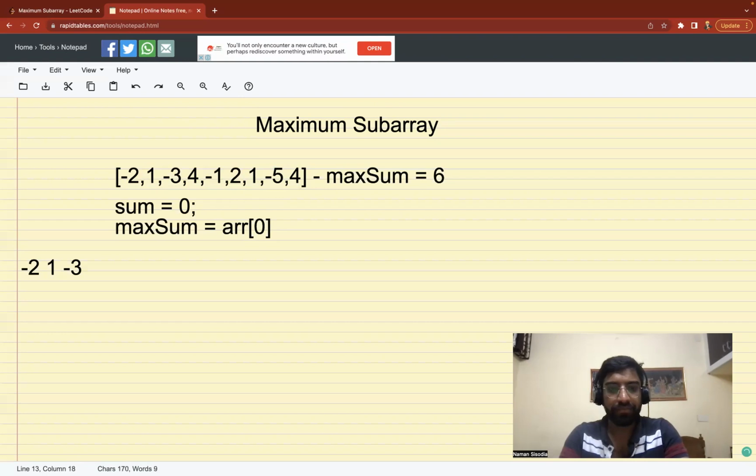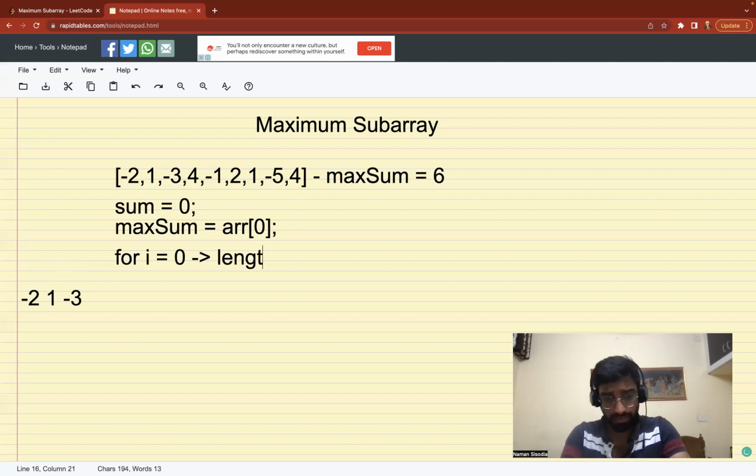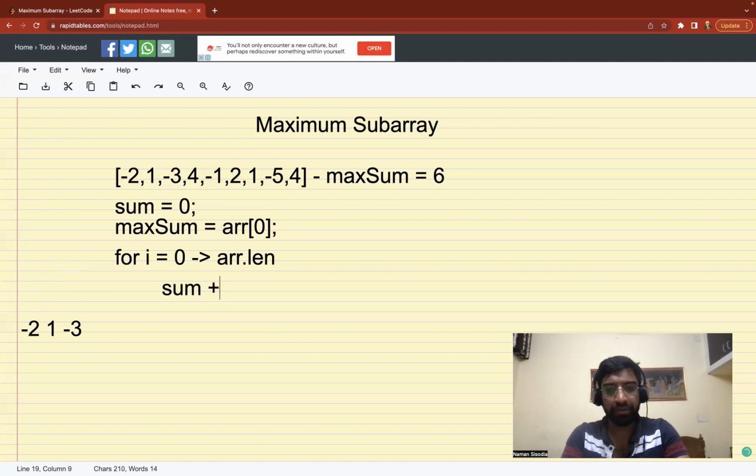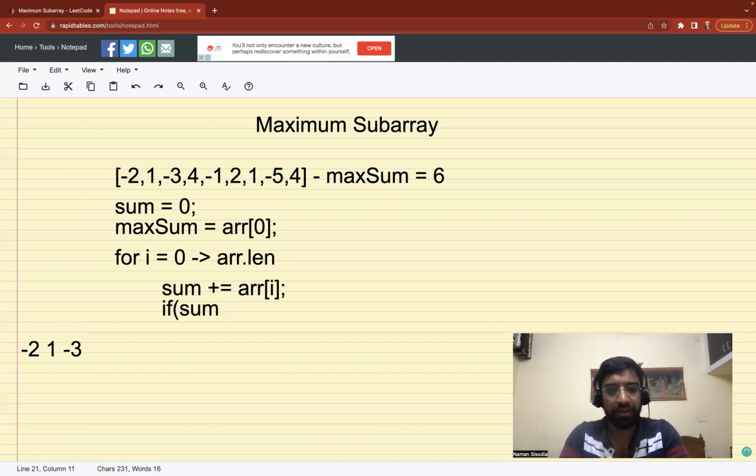So if we just loop from i equal to 0 to array.length, we can add the value to sum. So what we are doing, we are just adding it, -2 plus 1, -3. So we are adding the value, and at whatever point we see the sum value going